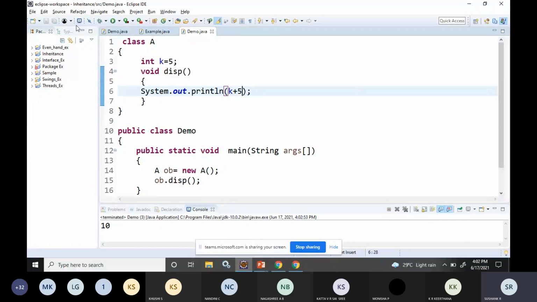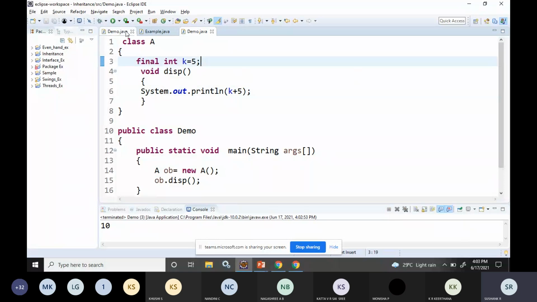Now if I use the final keyword on the variable, what will be the implications? I'm using the keyword called final on this variable called k.